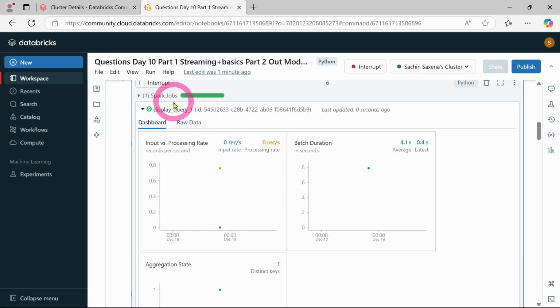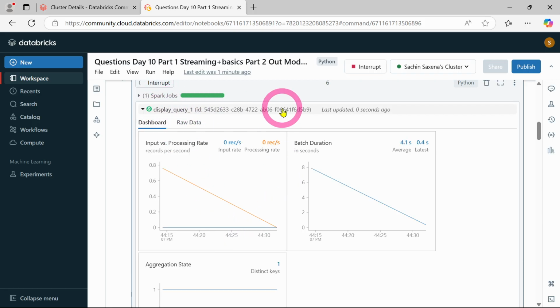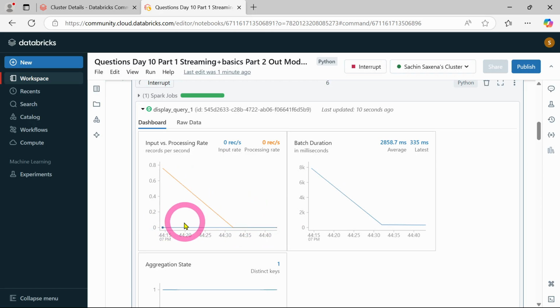There is display query 1. You can see this is going down, which means this is input rate and this is processing rate. Processing is going down here, and this is input rate, input rate is very high. Okay, now can you see this is just going down, which means my input rate is still there but